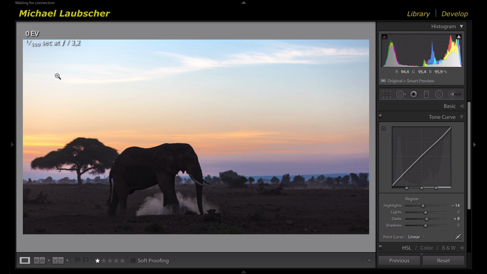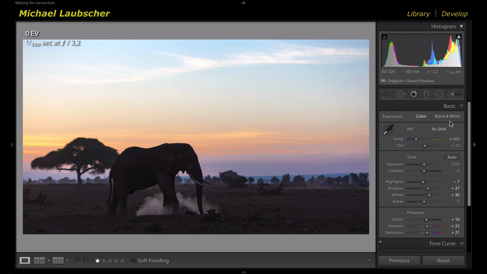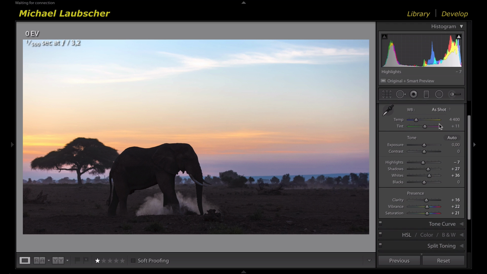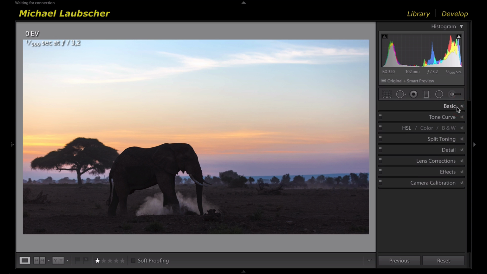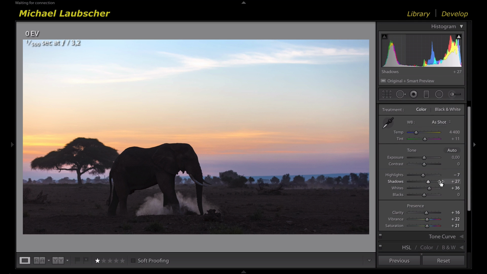Alright, so I've already done a bit of a basic edit to this image. I'll show you exactly what it is now. Looking at my basic panel, remember, all the effects that we add down here are going to affect the whole image. I dropped highlights a touch, increased shadows a little bit to enhance this foreground, whites up a little bit,